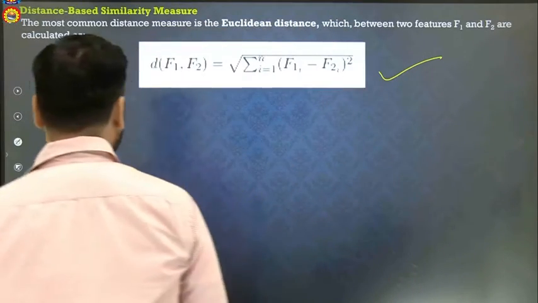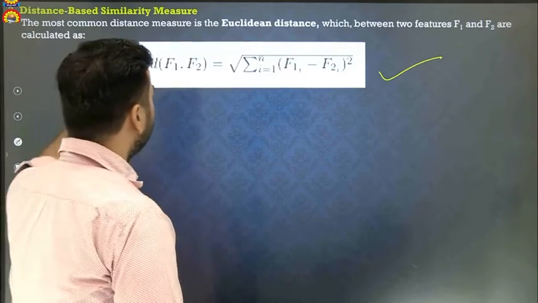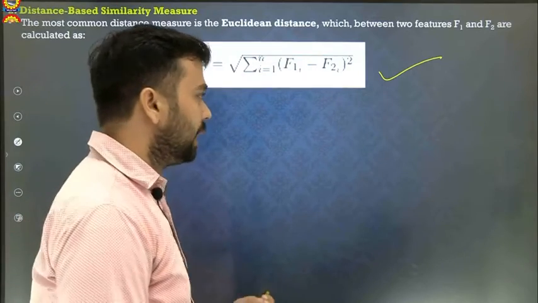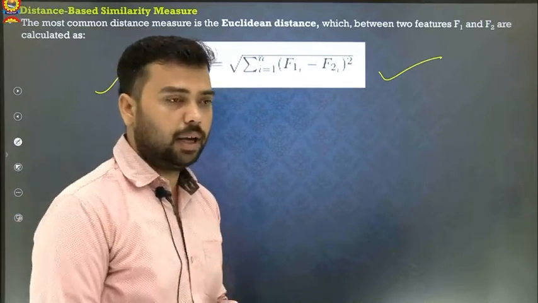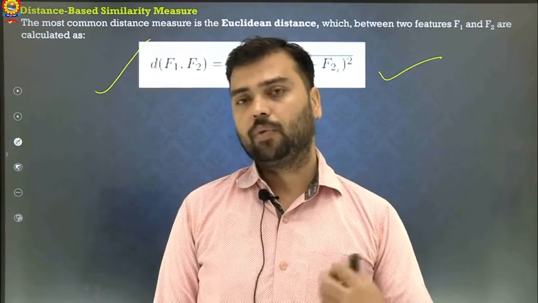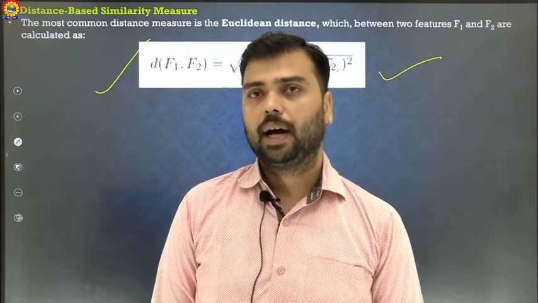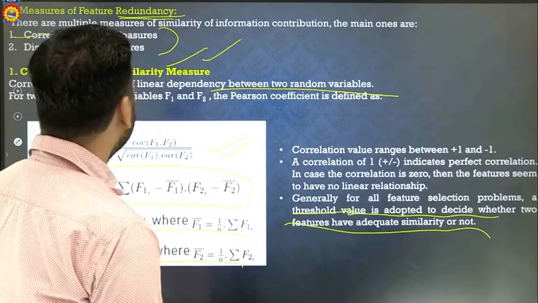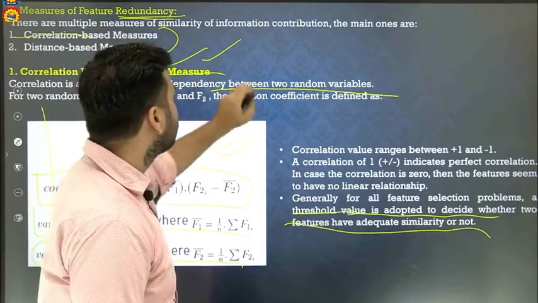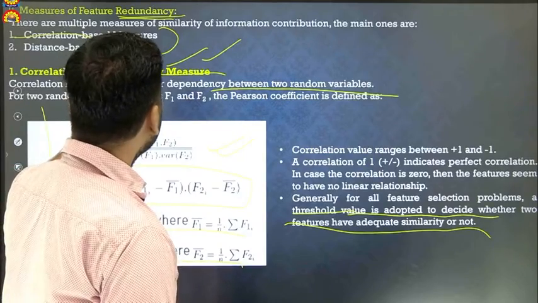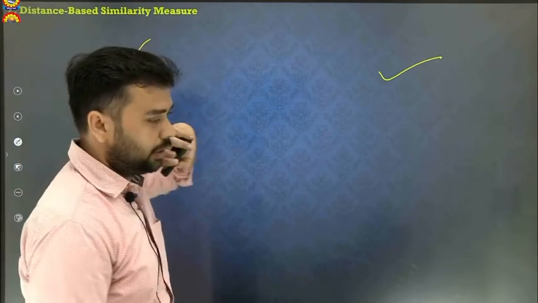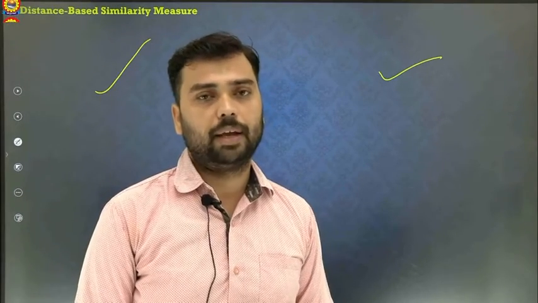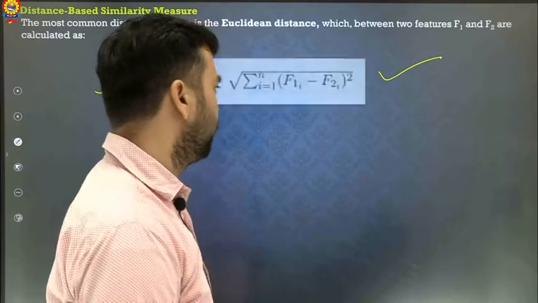With the help of this formula, we can easily calculate the distance between the two features, or measure the value between the two features, and compare it with a particular value. Suppose the value is 1 or something like that, we can say it is correlated. Apart from that, it is not correlated. So it is a simpler method for calculating similarities using the correlation value, and calculating the distance based measure. With the help of these two methods, we can calculate the redundancy between the two random variables or features f1 and f2.